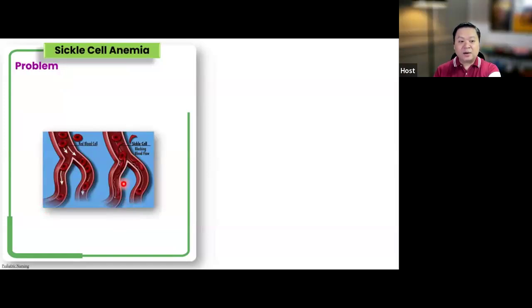And so here, in the normal side, you will see that the red blood cells are biconcave in shape. They are not going to have sickling. They're not going to clump together. And so there is going to be free flow of the red blood cells in the vascular system, especially in